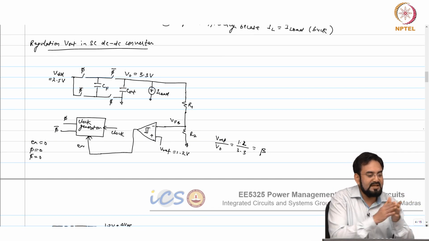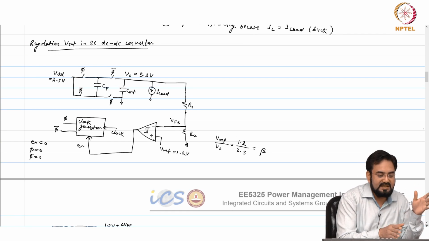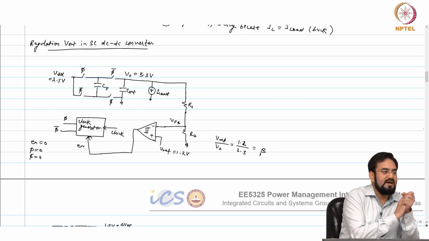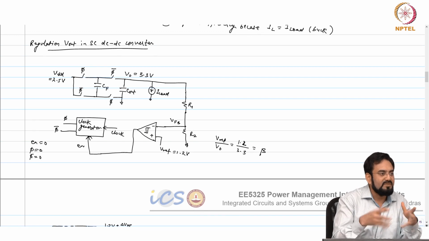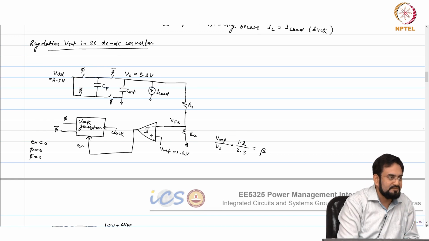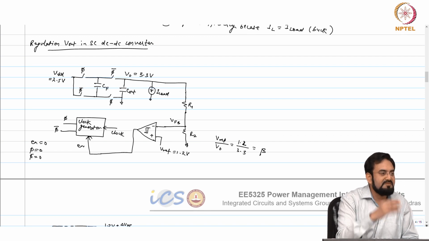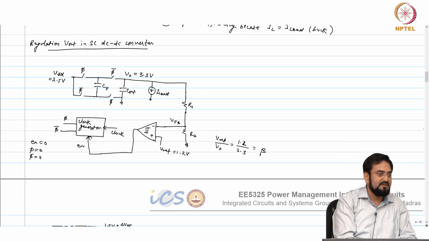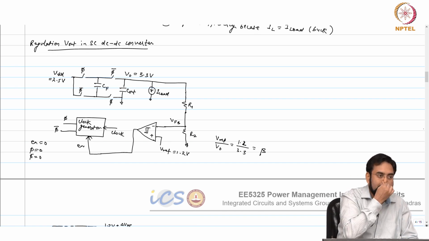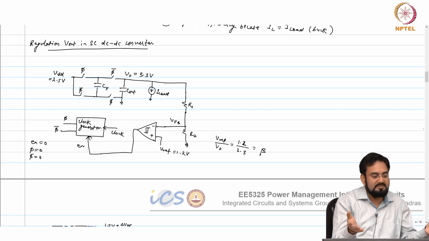You can imagine it like this: in a steady state ideal condition your output should go to 5 volt, but you are forcing it to remain at 3.3 volt. So the rest of the voltage is nothing but lost in the path. This is just like an LDO, so efficiency will be similar to an LDO here. In the other case, if you allow it to go to 5 volt, your efficiency may be 90%, 95%, much higher. But in this case you are throttling the output, never allowing it to settle, and the extra voltage is lost, and that is how you regulate.